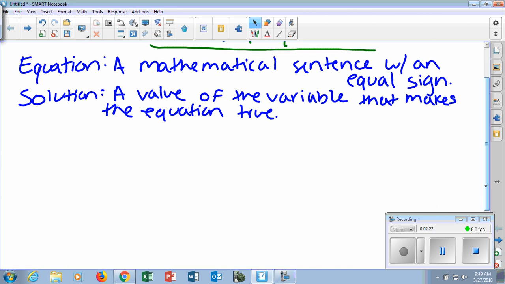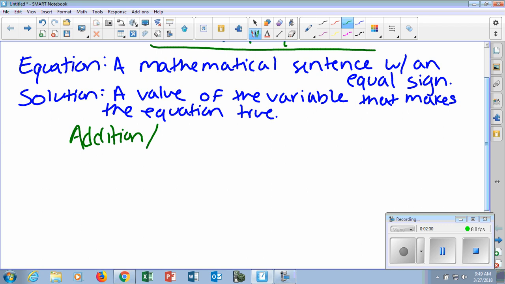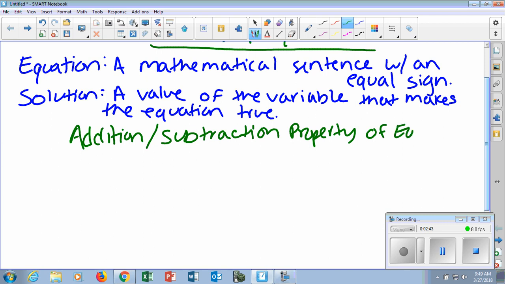I'm going to scroll this up a little bit. Addition and subtraction property of equality. We're going to go into this term a little bit. This is more of a property, not just a one-word definition. Not just a definition for one word. And this would be